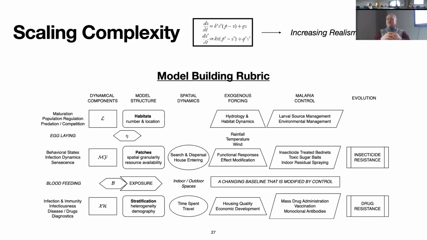Then we need to parameterize it. Then we need to ask questions. How many habitats are there? Where are they? We're going to carve up space into patches for purposes of understanding adult mosquito behavior. Then we're going to make a rule that says wherever humans live, they get to spend their time. So then we have a basis for doing spatial dynamics and so on. I could actually spend the whole time talking about this. I won't. But we now have a basis in software so that you can step by step go from very simple models to very complicated, very realistic models, one step at a time. And this makes it possible to build up very large suites of models.